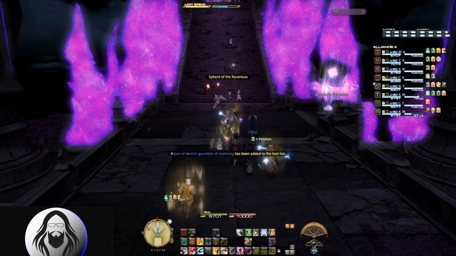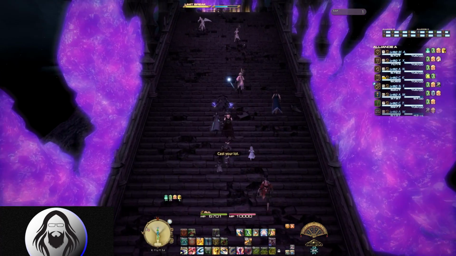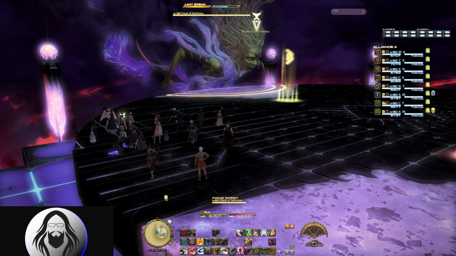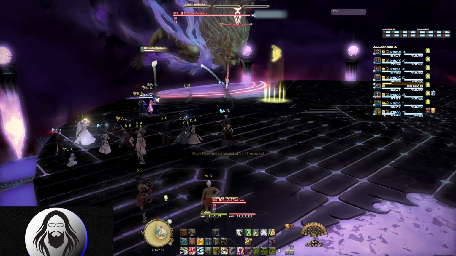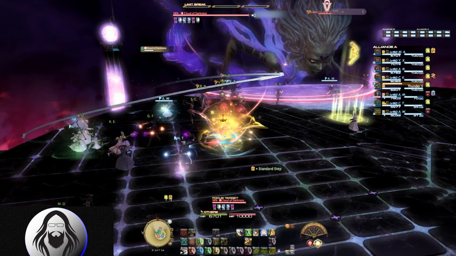With that, Cerebus is down and it's time to move on to the final boss, the Cloud of Darkness. This final boss goes down incredibly fast these days, and many of her attacks are just non-existent, so this fight should be one of the least difficult of this whole raid. After the fight begins, Cloud of Darkness, or Cloudy as I will lovingly call her, will target one person and